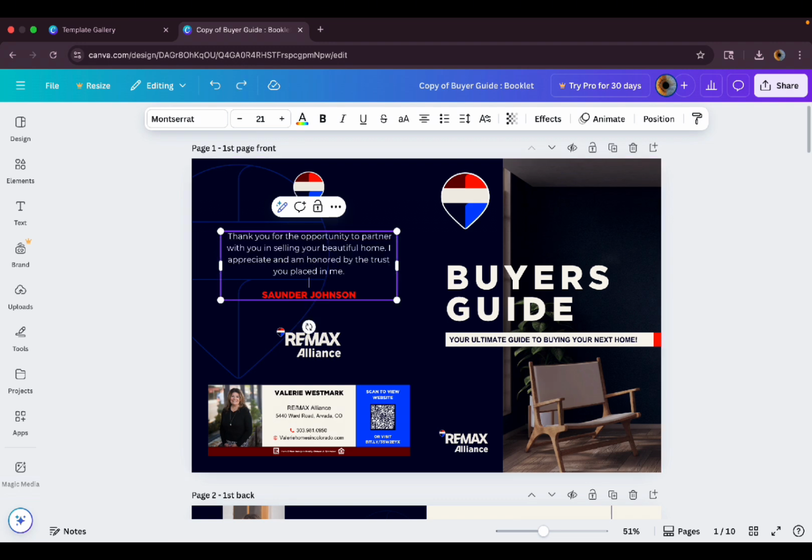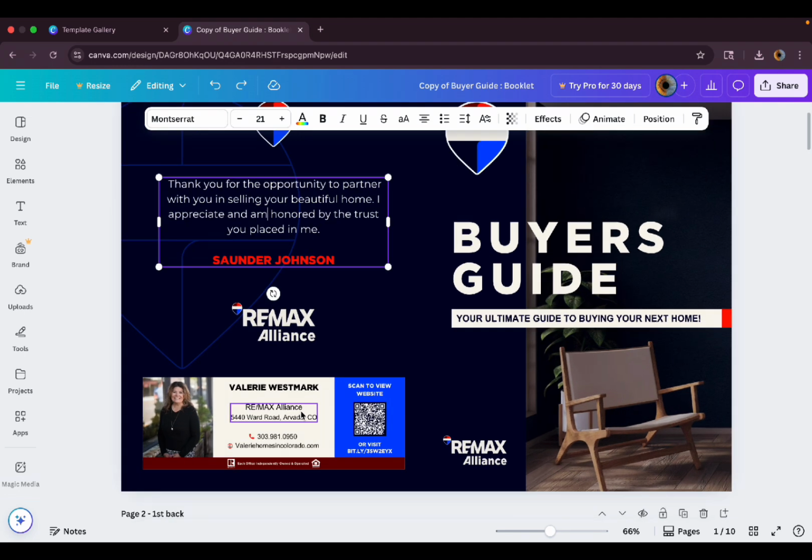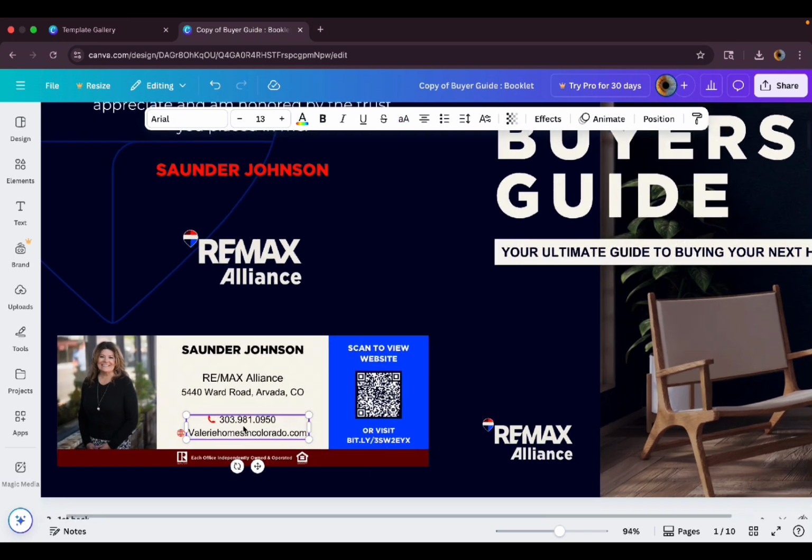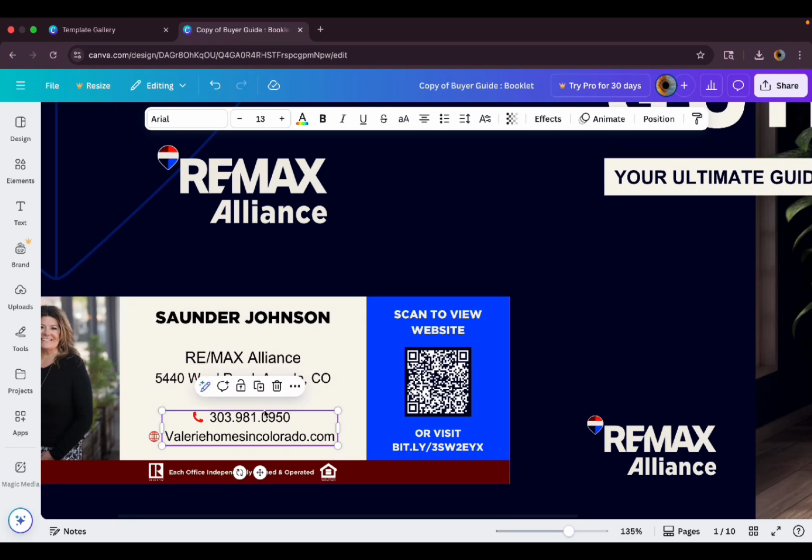Okay. So we've changed my name around. We've changed around the text box. Let's go and change around the contact box. So let's go and add my name. Right here, you are able to add your phone number, for instance, as well as you can change your domain. Let's say your domain is super, super long and it is